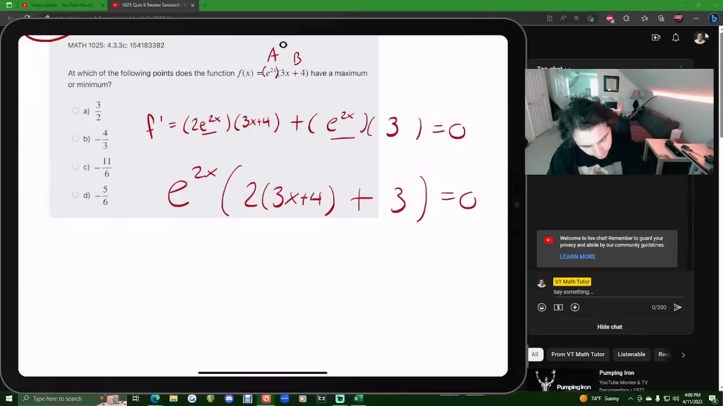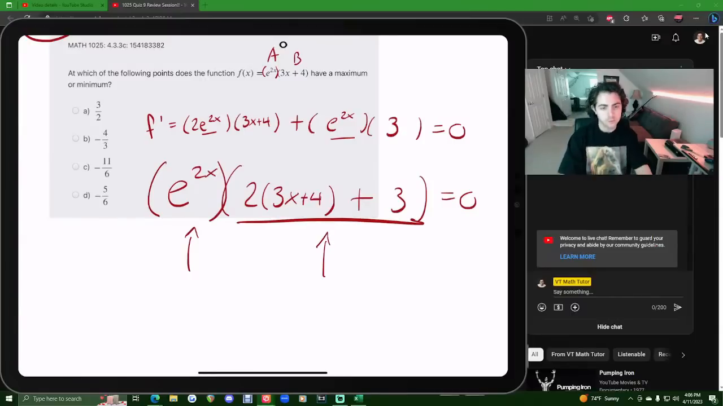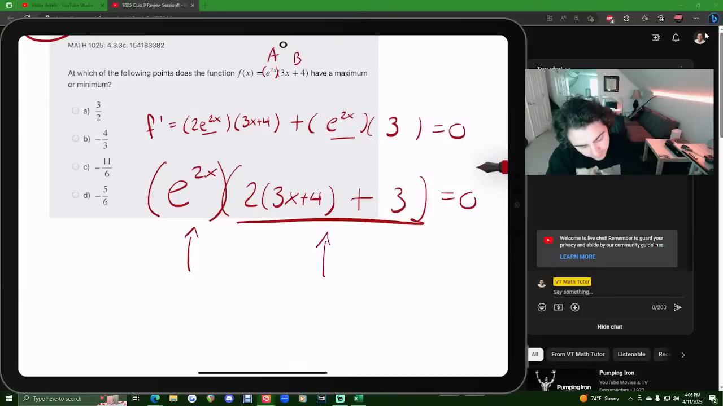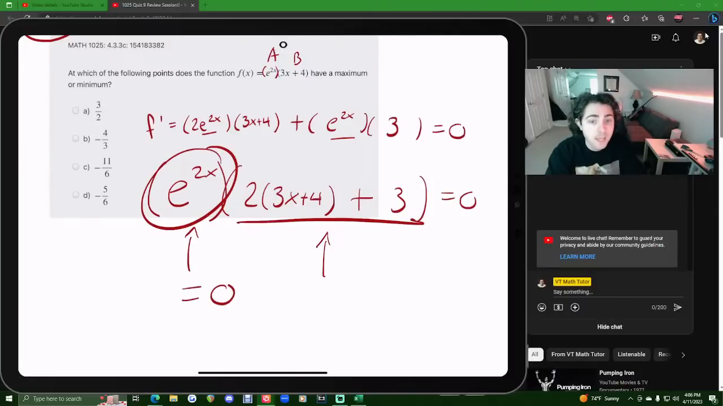And then the idea is this. We have this factor, e to the 2x, and then we have this big factor, 2 times 3x plus 4 plus 3. In order for all of this to be equal to 0, we ask ourselves, could it come from the e to the 2x? Are there any x values for which e to the 2x could be equal to 0? Could this ever equal 0? No. Because e to the x has a horizontal asymptote, so it never hits 0. Because there are no x values for which e to the 2x equals 0,